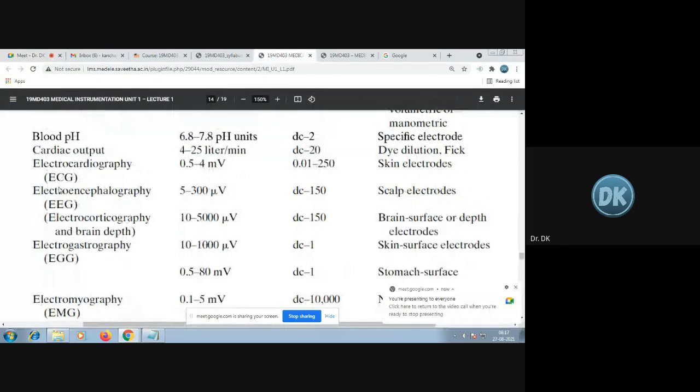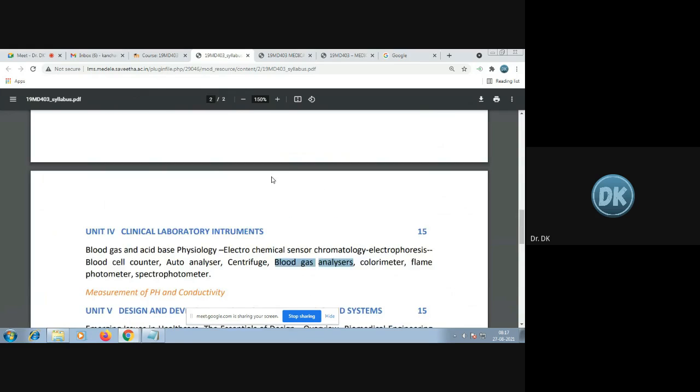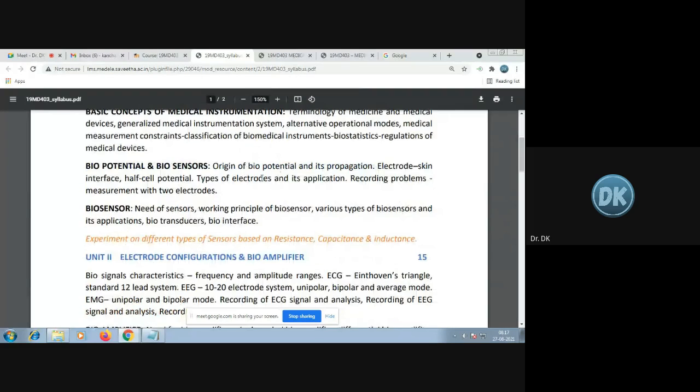So here in this table, everything is graphy. So graphy is the technique. So ECG is electrocardiography. So you are referring to the electrical activity of the heart. Electroencephalography, where you refer to the electrical activity of the brain. So this is the normal parameter range and the signal range. So we use different electrodes for measuring all these things. So how the electrode is used, what are the different types of electrodes, the number of electrodes, and the specification of each and every electrode we'll be studying in the second section of your first unit.